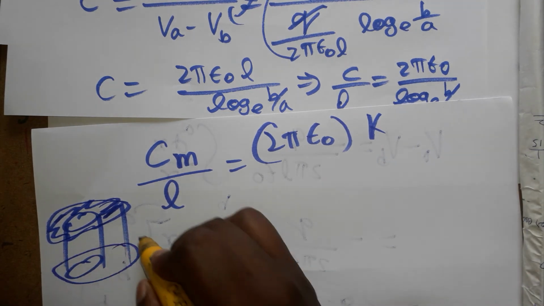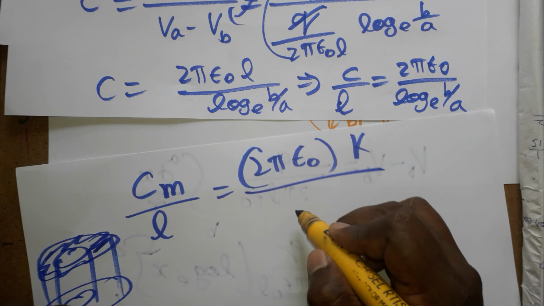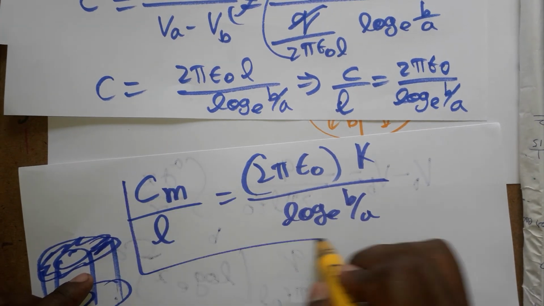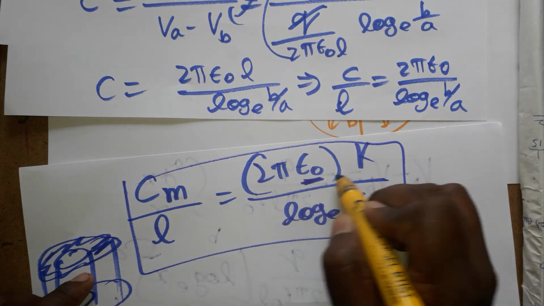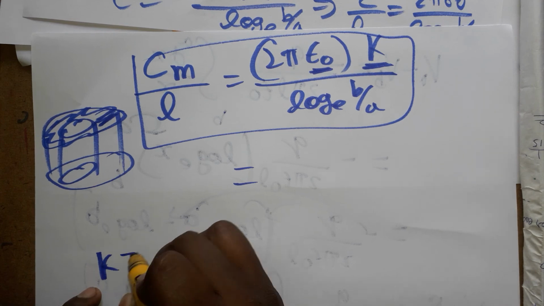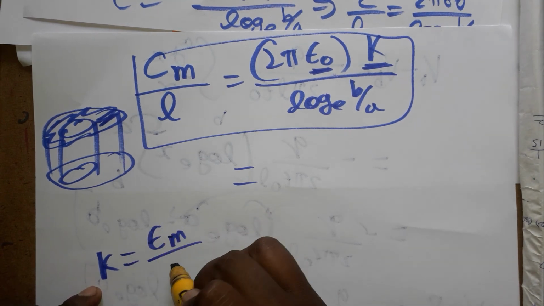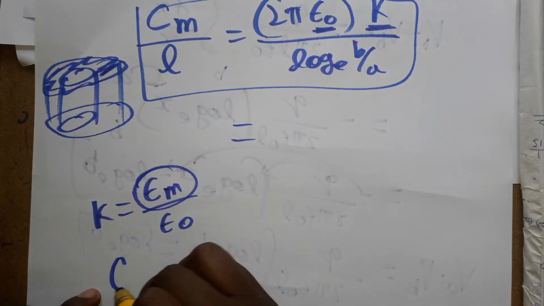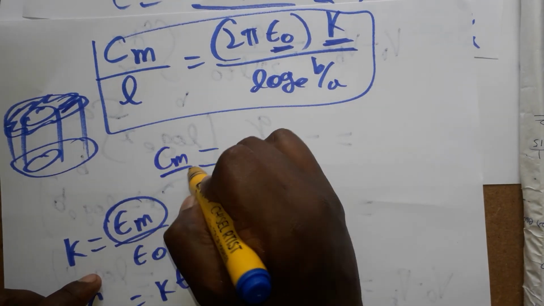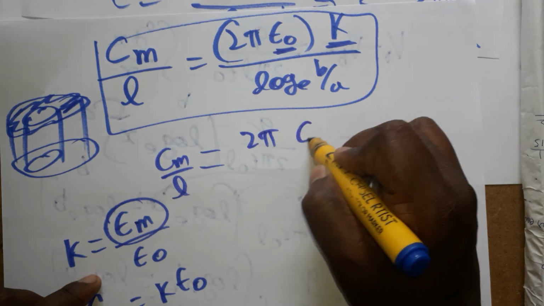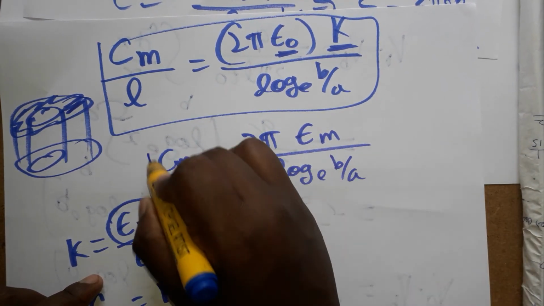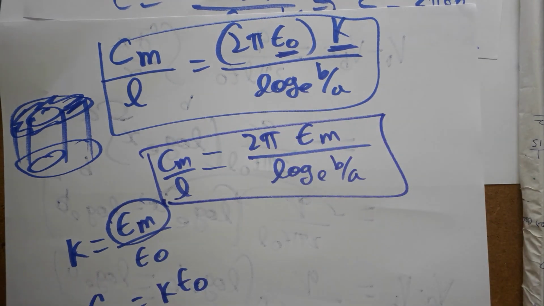If you place a dielectric medium, the value is going to increase, divided by log base e of B divided by A. This is the equation we got. K is equal to the permittivity in medium divided by the permittivity in air. So the permittivity in medium is K times the permittivity in air. That means C in medium divided by L is equal to 2 pi times the permittivity in medium divided by log base e of B divided by A. It is the final equation for the capacitance